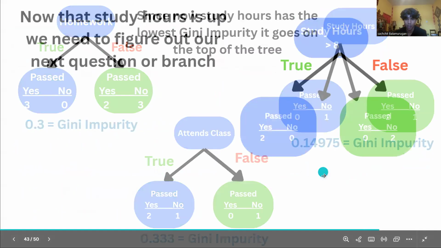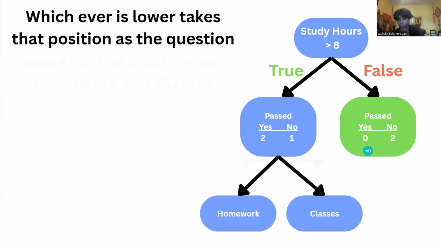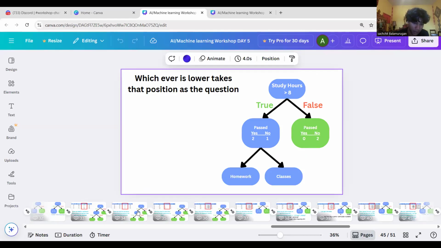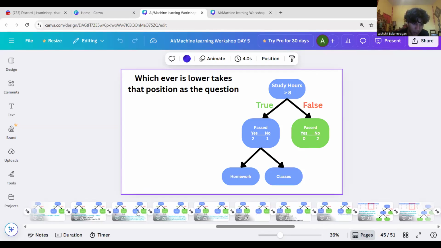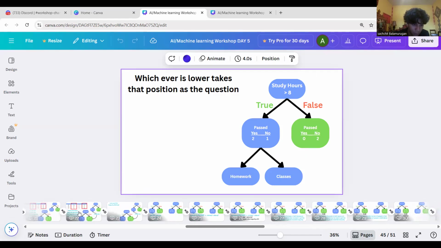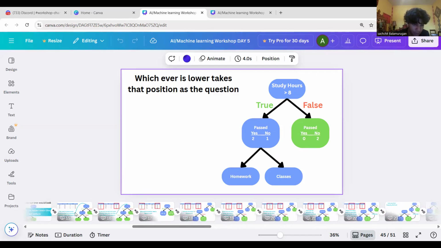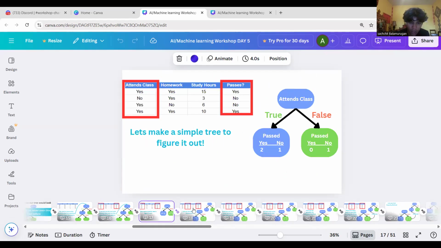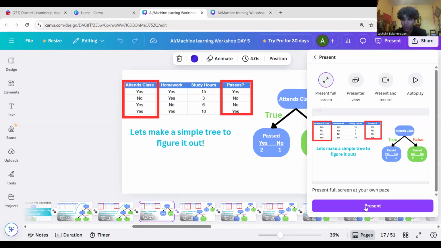Let's see. What time is it? We have 10 minutes left. I'm not doing the code today. Let's not do the code today because I want everyone here to understand the code later. So we'll do code tomorrow. But today I want you guys to fully understand the concept. So let's go through it one more time. I want to go to the beginning of this, and then I'll just explain. We'll start here.